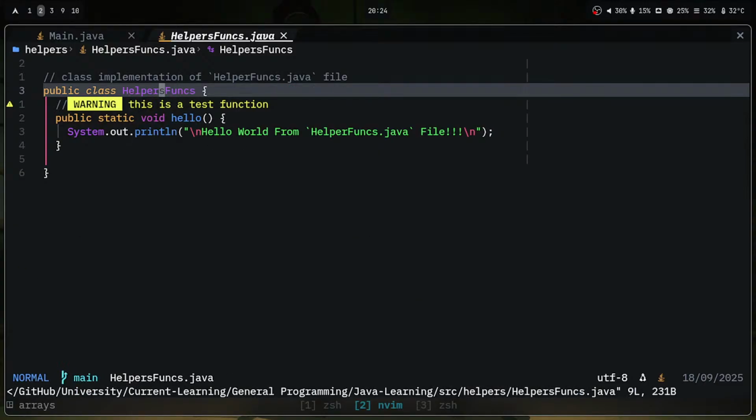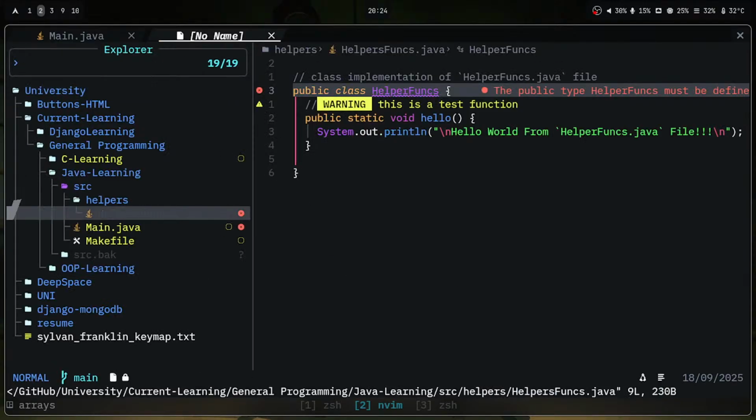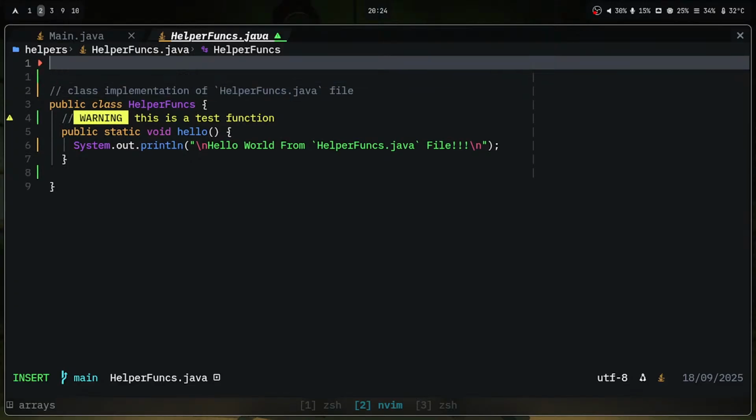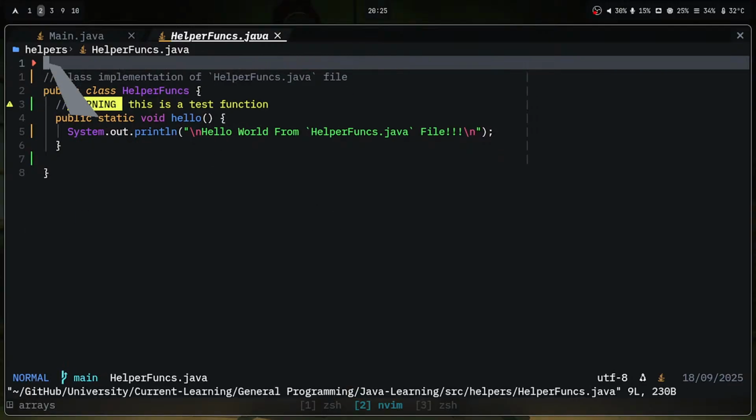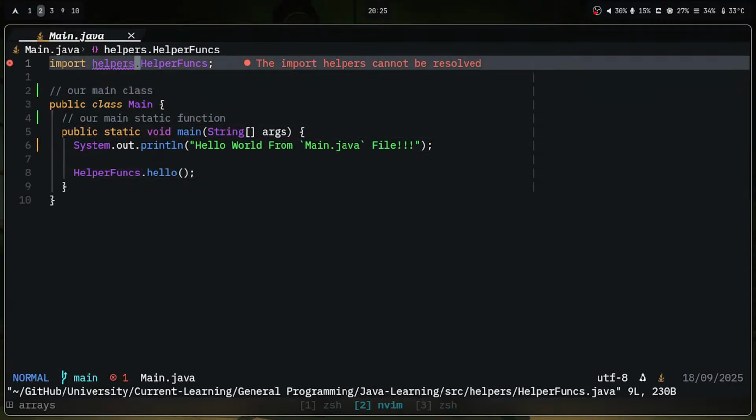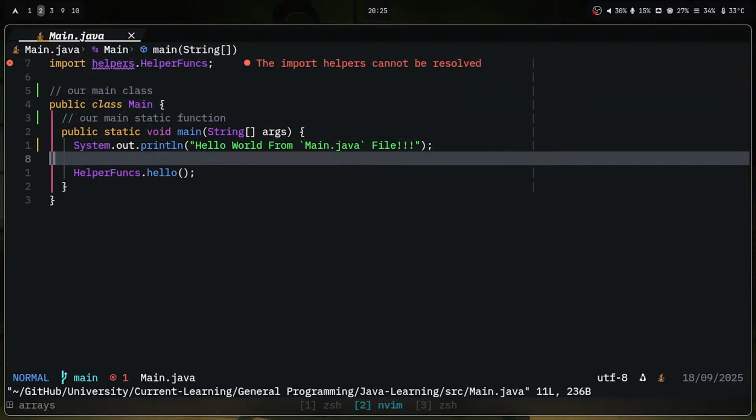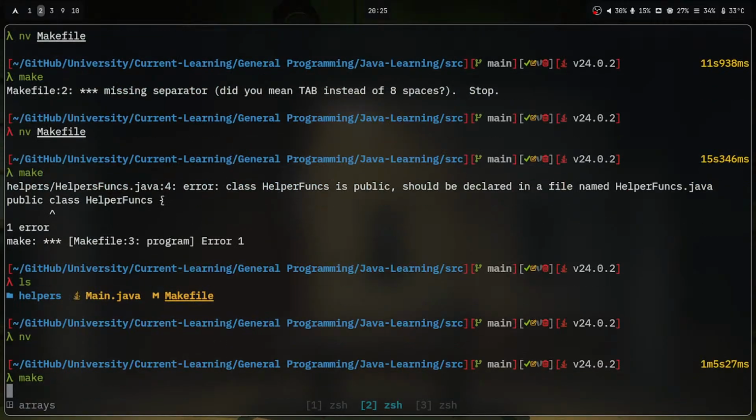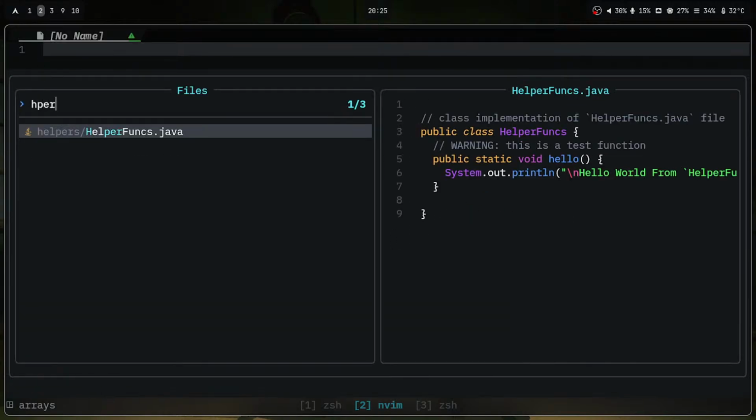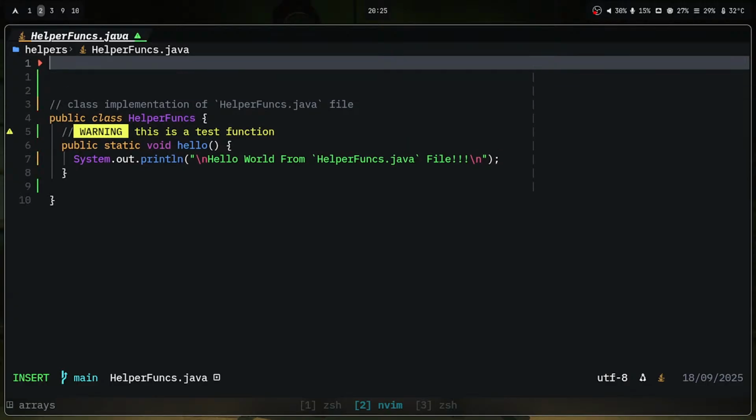Oh, oh, space E. Oh, I get it. So obviously you need the package helpers. Let's do the mistake. Why does this work and why does it not work? And then the helpers here and the helper funcs make. Okay, because the file is not present, so space f helper funcs, and then the